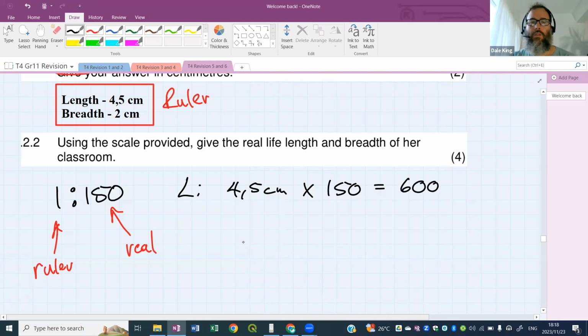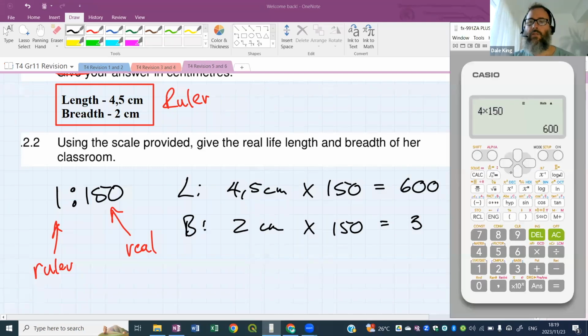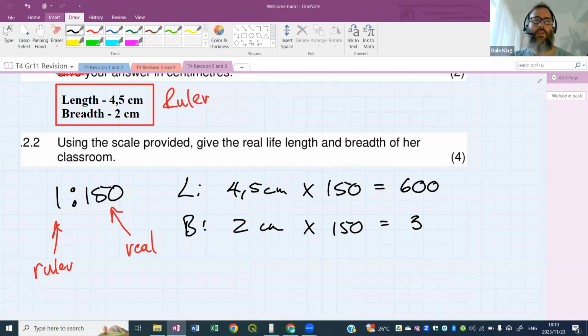But what are the units? Kayan, what units do you have there for 600? 600 what? I've got it wrong. It's 4.5, sorry. 4.5 times 150 is 675. And 300. The units are